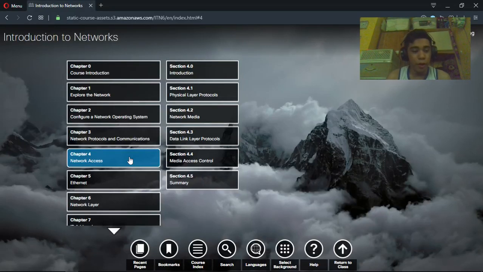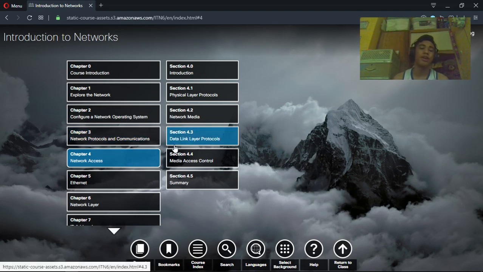So for this video, we are going to summarize chapter 4, which is entitled Network Access. In this chapter, we are going to learn what media we use on connecting different intermediate devices, for example, if you are going to connect two intermediate devices,